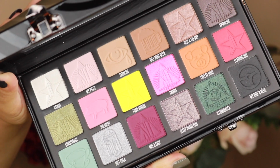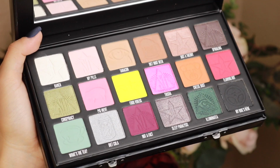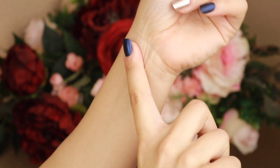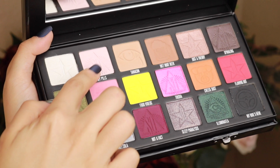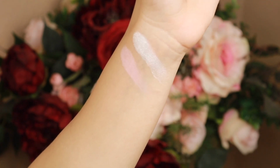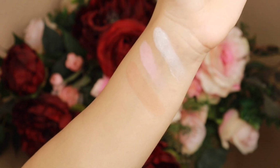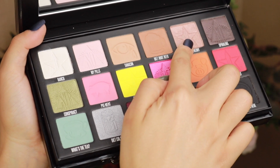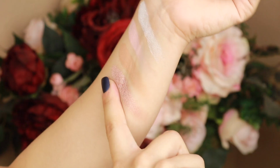All right, so now we're gonna go through the shades in the palette, starting with the top left corner. Of course, there was gonna be a shade called Ranch. Come on. Next to that, we have My Pills, Tanacon, Diet Root Beer, Just a Theory, Spiraling,